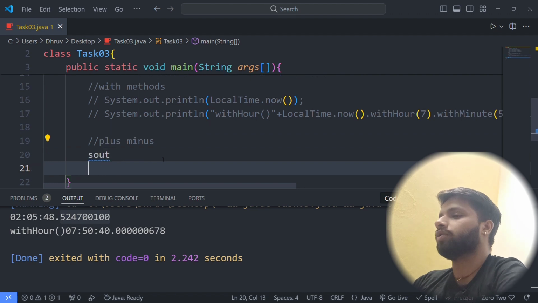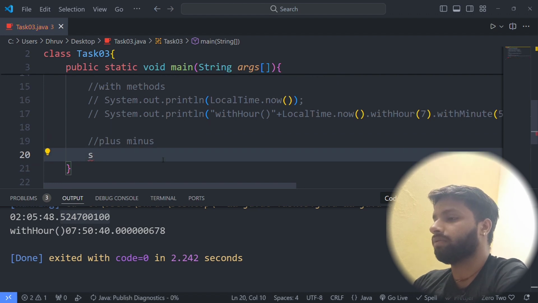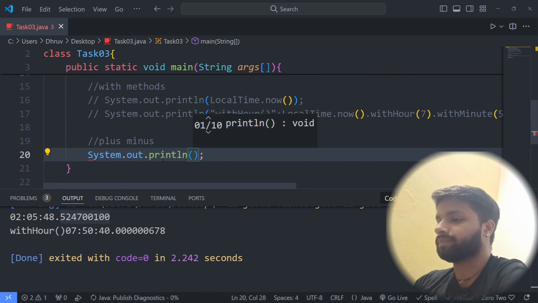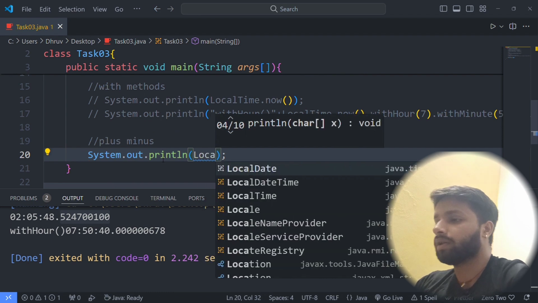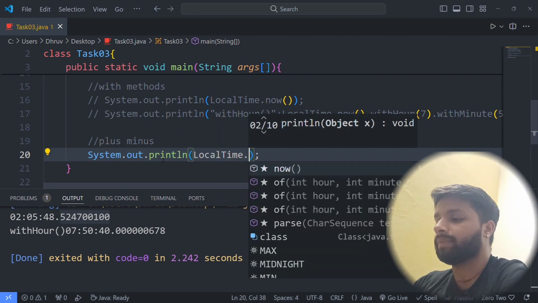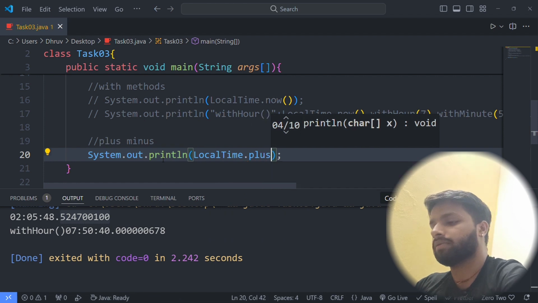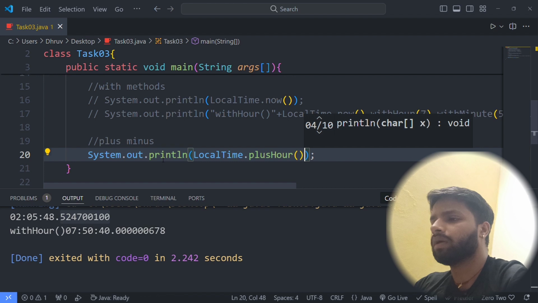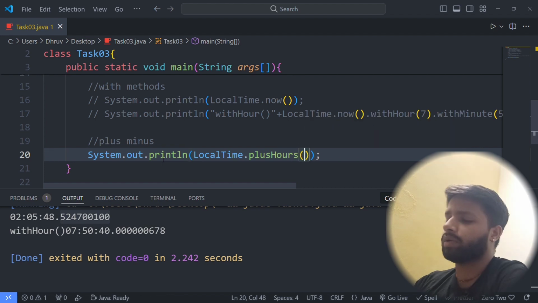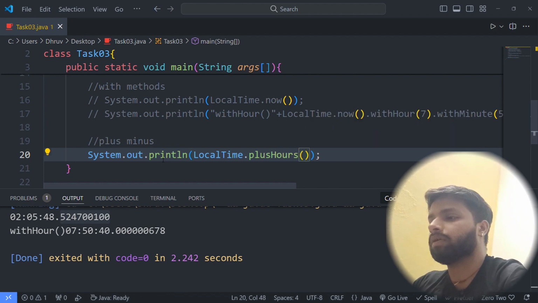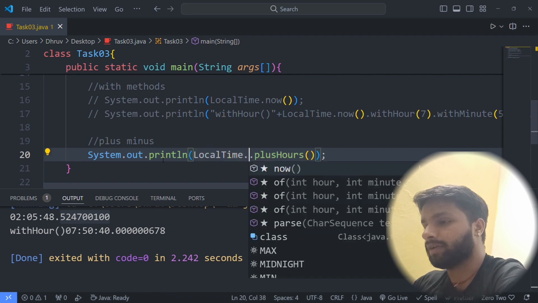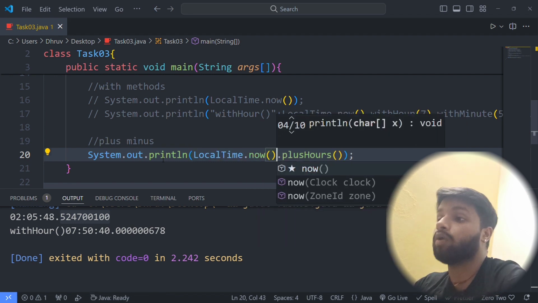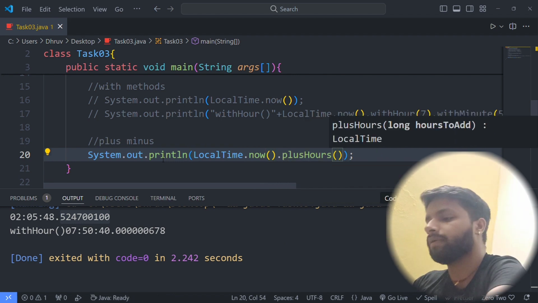Let me create an object: LocalTime dot now dot plusHours. How many hours? 6.